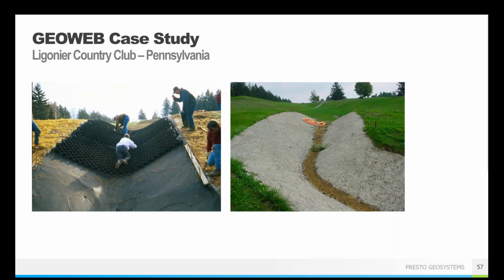Another one, this was in Pennsylvania. This was at a country club. So this was another hard armor solution. This is again used with concrete, and it doesn't need any forms because you're able to just use that GeoWeb panel as the formwork. And so it was a pretty small area, but they were able to, in this case, put a geotextile down because they didn't want to lose any of the concrete underneath the system into the wet, saturated ground underneath it. So a geotextile was placed to help be a bottom border for that concrete.